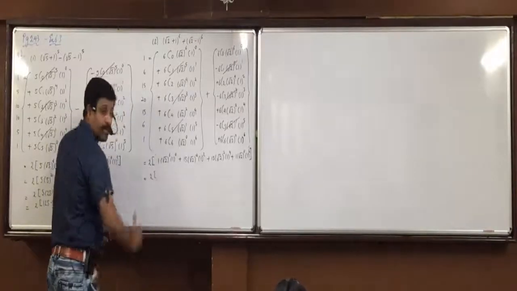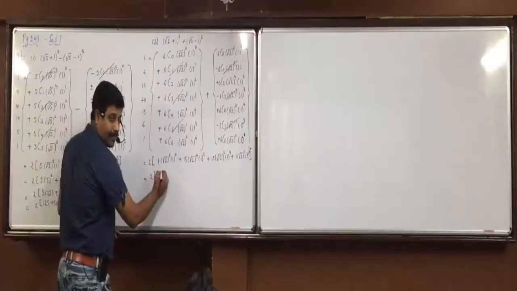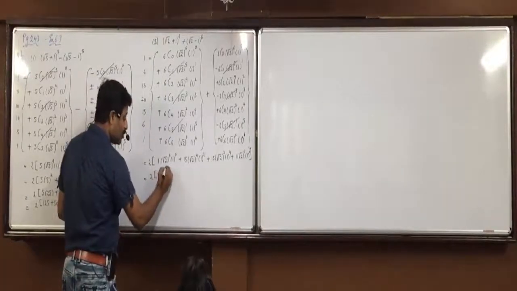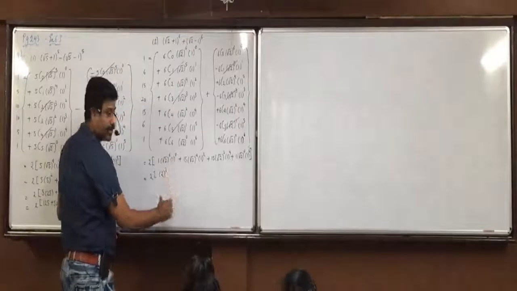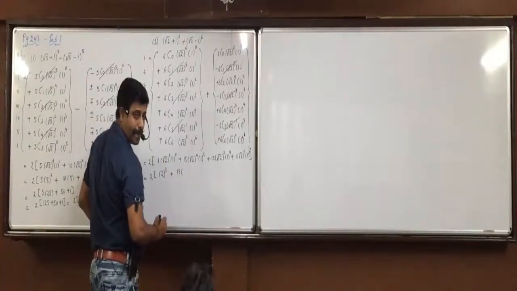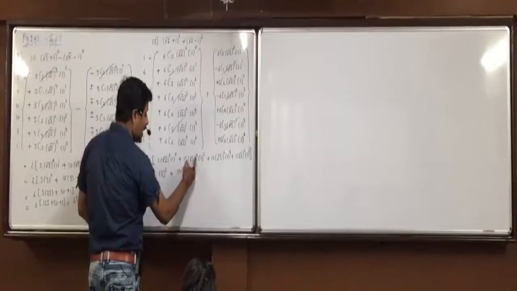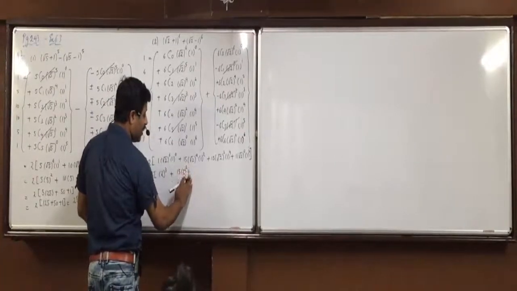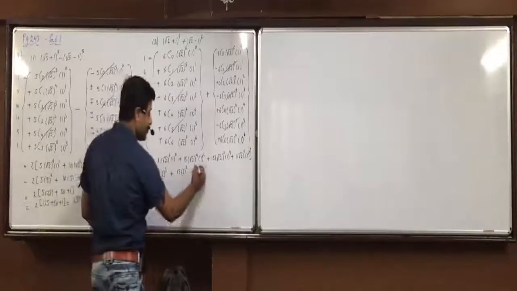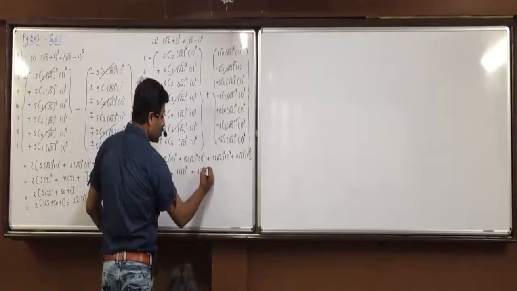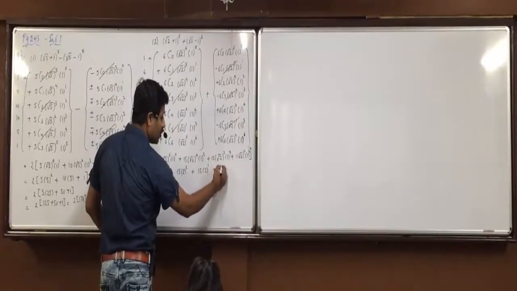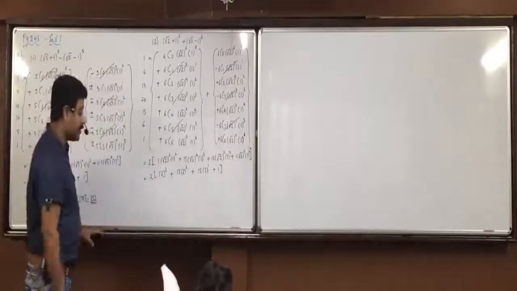Now, Satvik. So how will you write? Root will get cancelled. 2 raised to 3, and 1 we need not write. Plus 2 raised to 2. Yes, half of 4 it will become 2, and 1 we need not write. 1 raised to 2 is 1 only, so we need not write then. 2 raised to 1. 15 into 2 raised to 1, and 1 raised to 4 is 1 only. Last is also 1. Did everyone understand this?